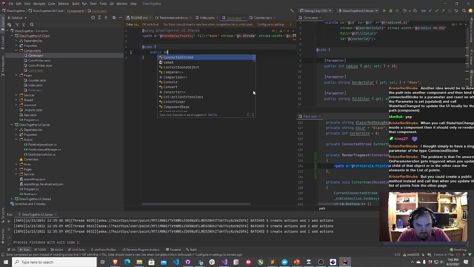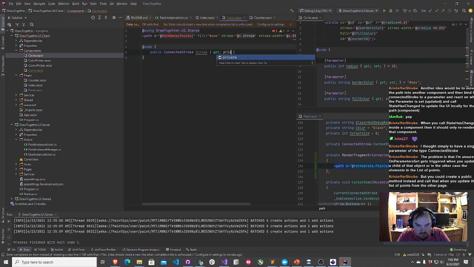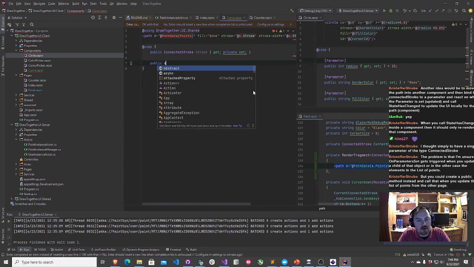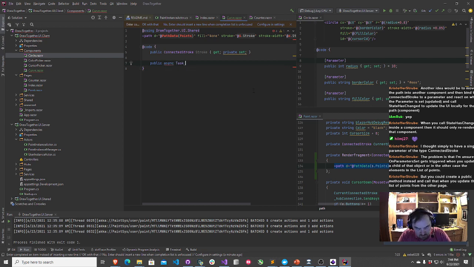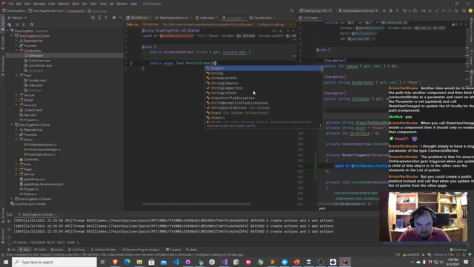Public, we'll go ahead and call it connected stroke. Public async task, let's see, modify stroke.